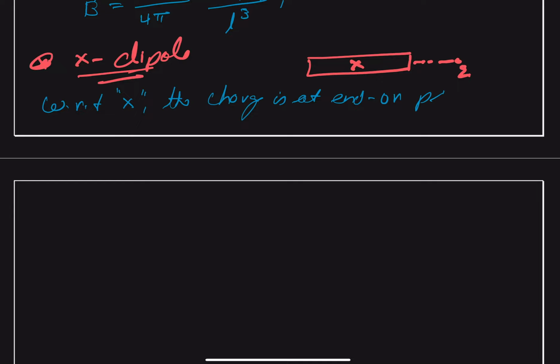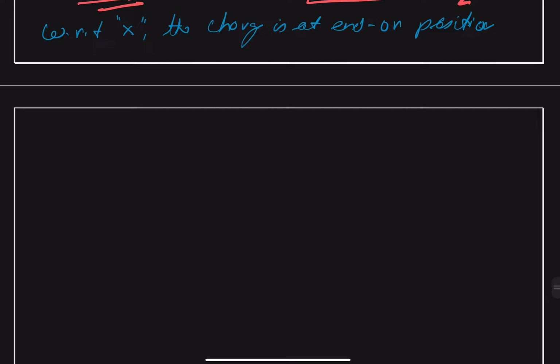Therefore, the magnetic field will be equal to mu naught upon 4 pi, and we have 2 mu,